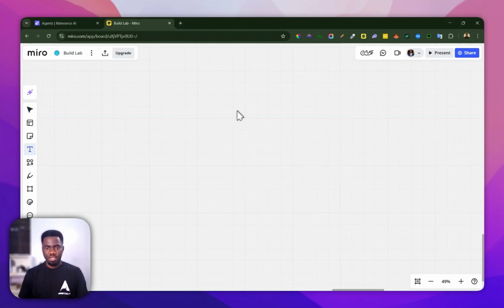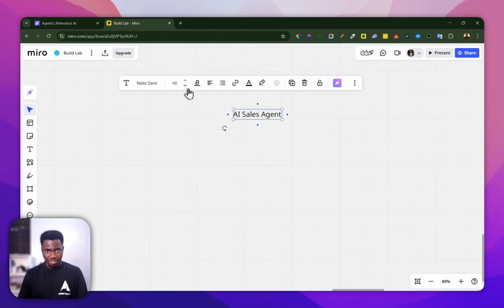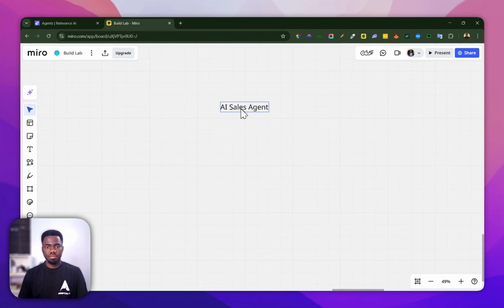So we are building an AI sales agent. It's too small, so I'll make it bigger. All right. Yeah, AI sales agents. So what do we need? Now we need it to do three things. It has to prospect clients in terms of the website. That's the first thing. I need to see what website these people have, and it has to research the website. So we need to build